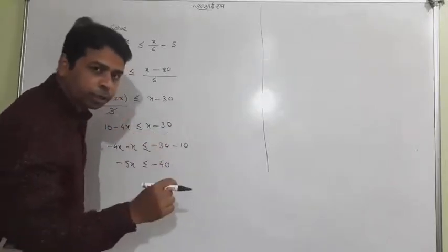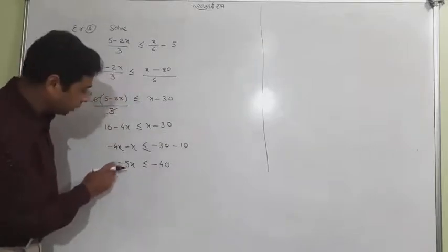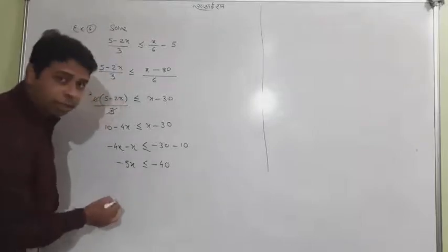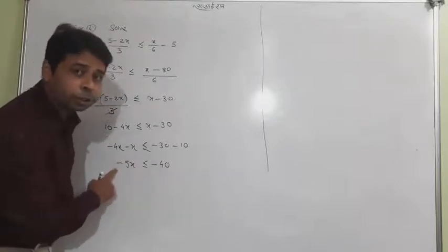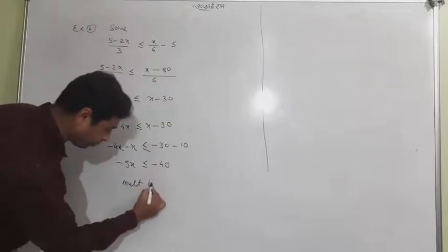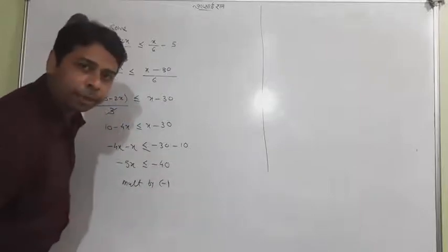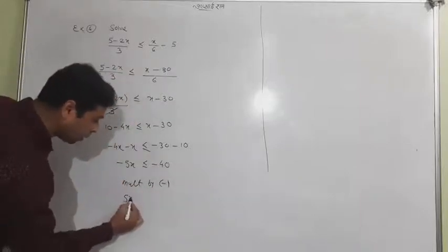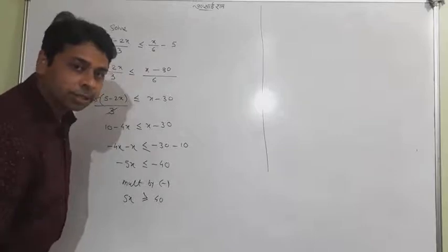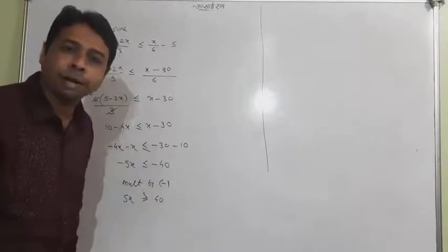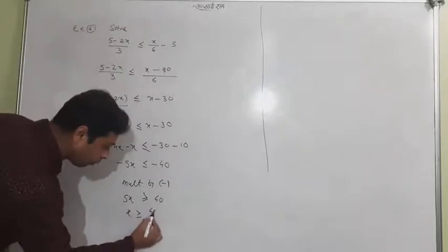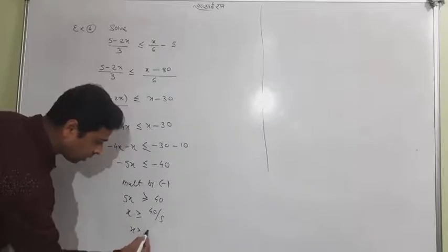Yesterday I taught you a very important thing: if you want to find the value of x along with a minus sign, don't transfer the minus 5 in the denominator, even though it is a multiplication sign. In the case of an inequality, the minus sign is very important. So first remove the minus sign by multiplying by minus. It is going to be plus, but the sign is going to be changed. Always, after multiplying or dividing by a minus sign, the inequality sign will change. Next, x is going to be 40 by 5. Now simply, x is 8.